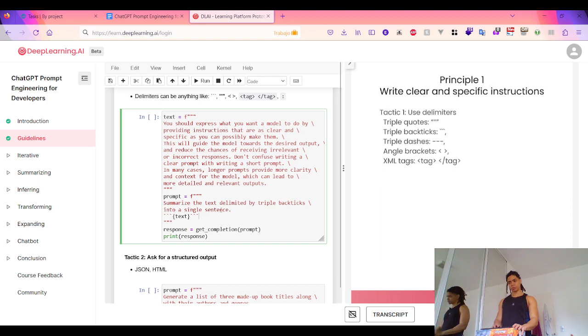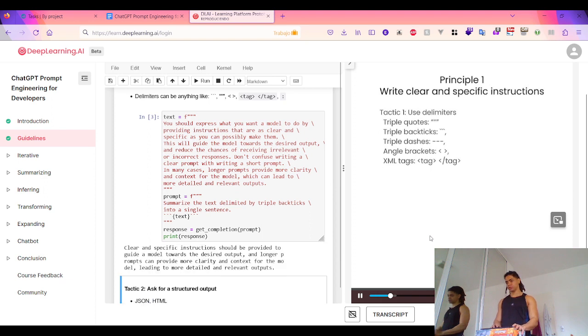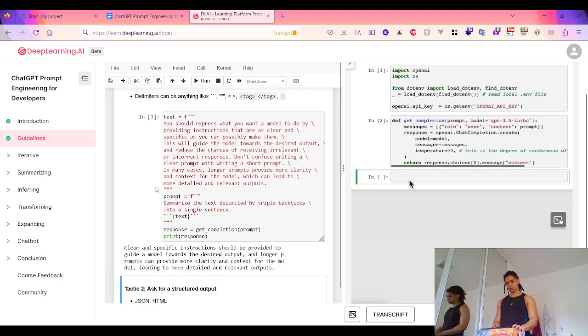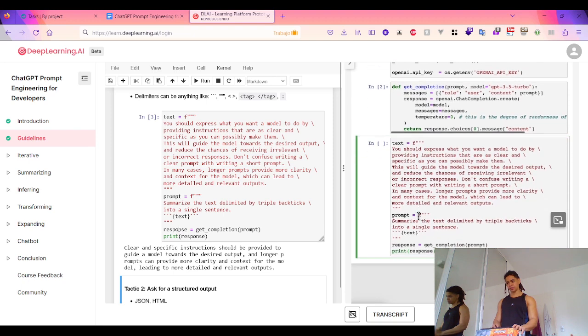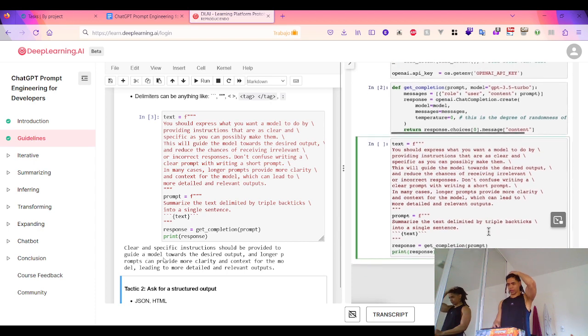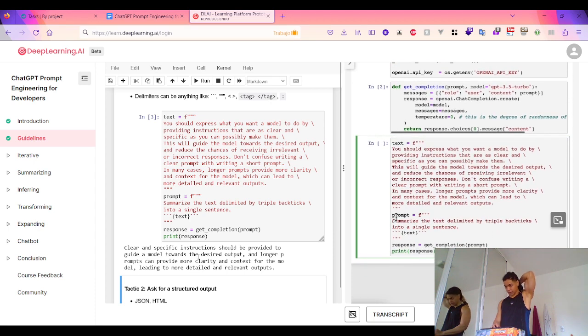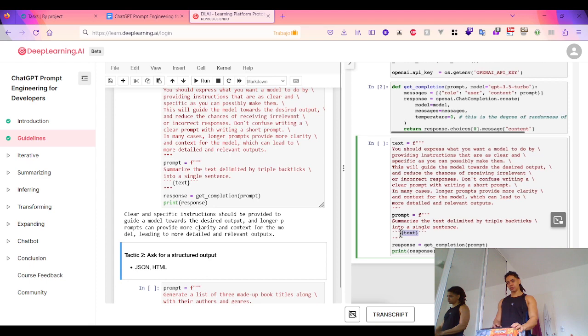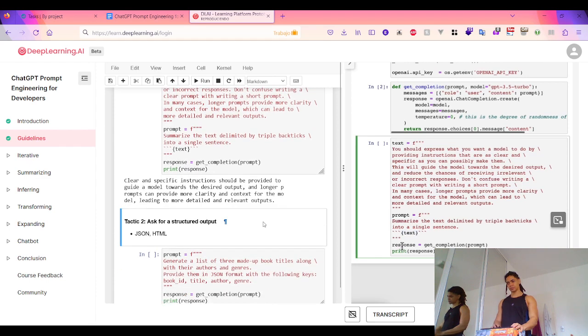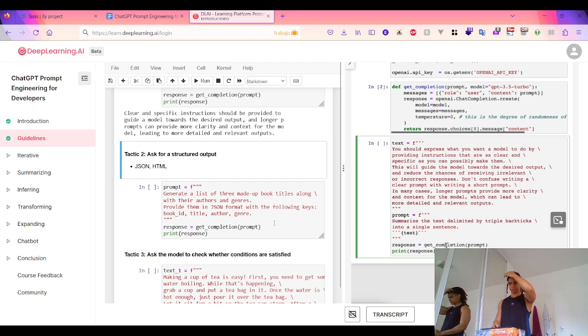All right, pretty straightforward. I'm just going to paste this example in. When you look at this, you're going to provide this text. We just have a paragraph as the prompt. The task we want to achieve is summarizing this paragraph. So it summarized it: clear and specific instructions should be provided to guide a model towards the desired output, and longer prompts can provide more clarity and context for the model, leading to more detailed and relevant outputs. To get the response, we're just using our get completion helper function and printing the response. So if we run this,